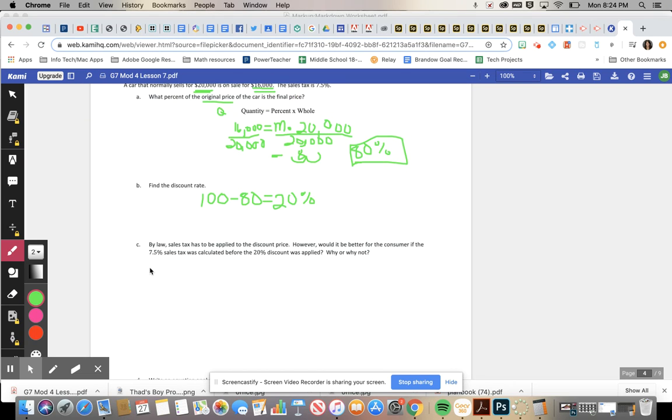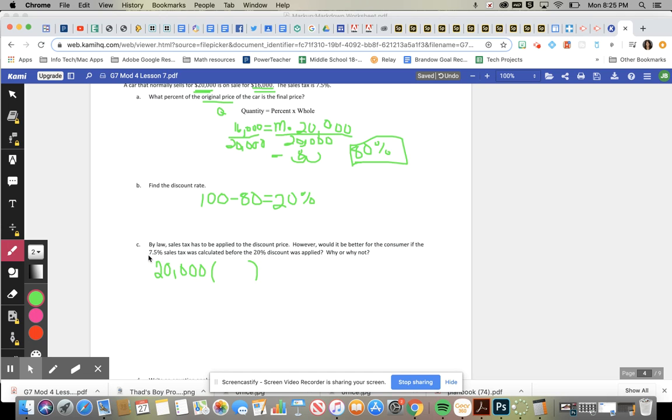So if we had 20,000, that was the original. And they're saying, would it be better if this 7.5% sales tax was calculated before the 20% discount was applied? So let's find this and our 7.5%